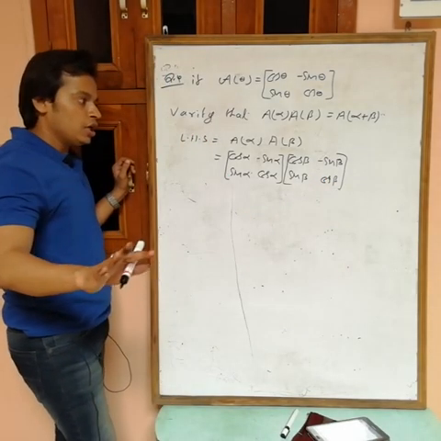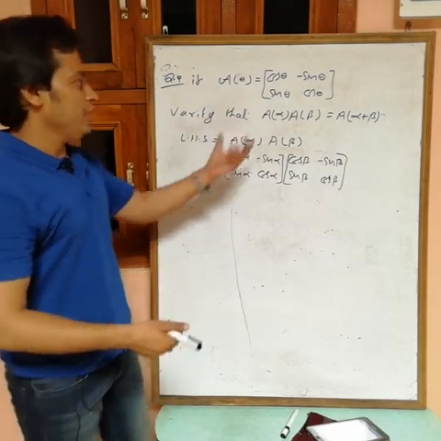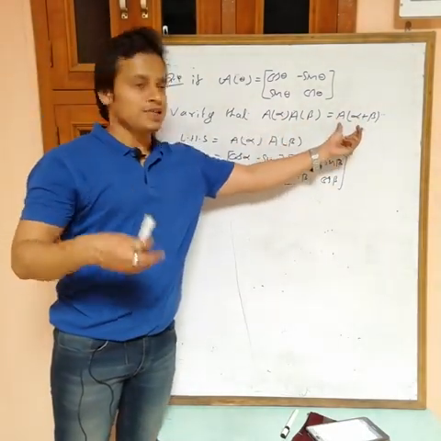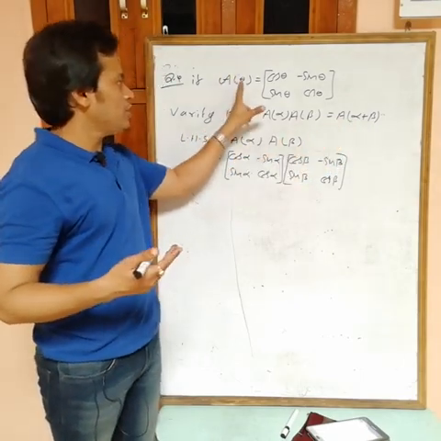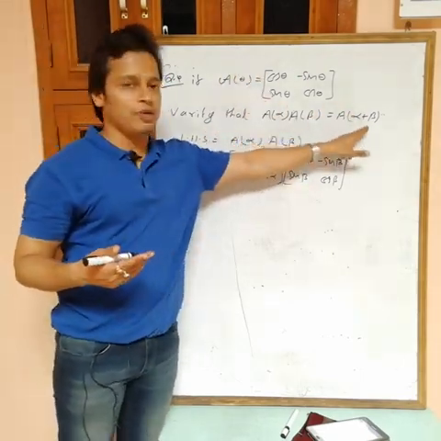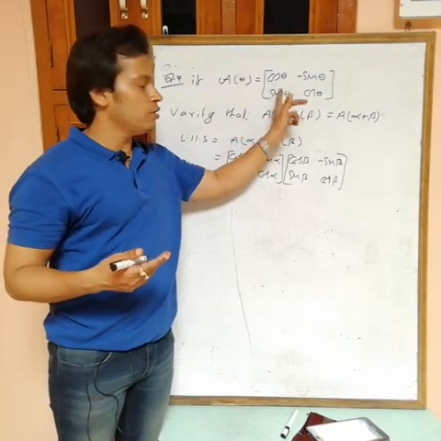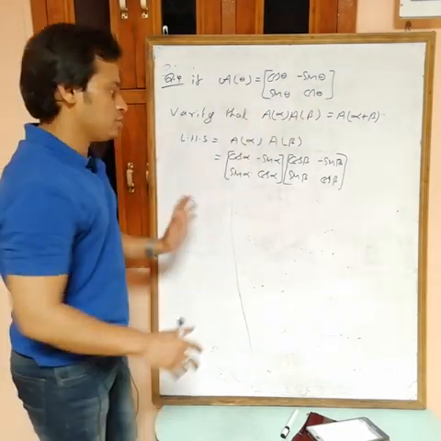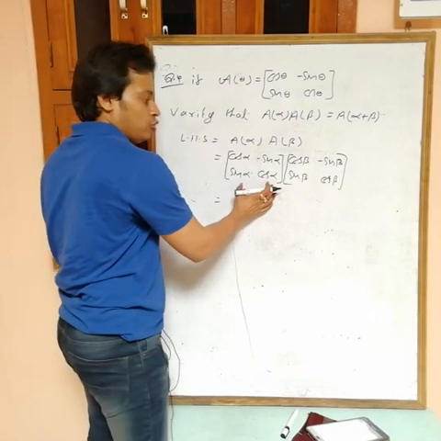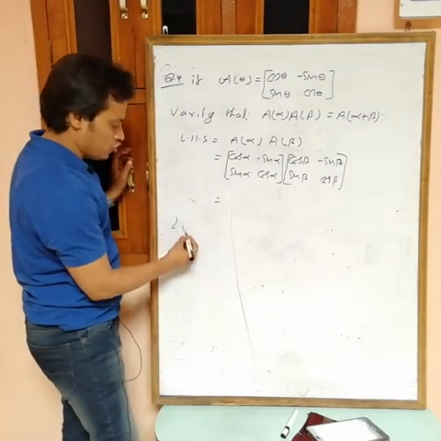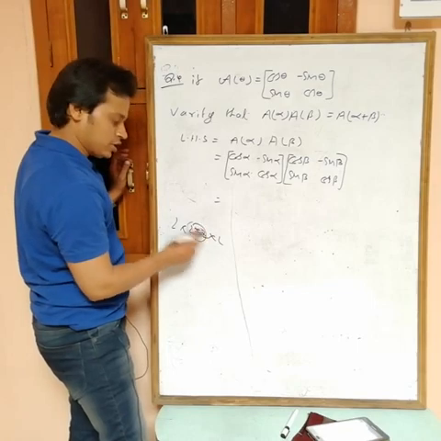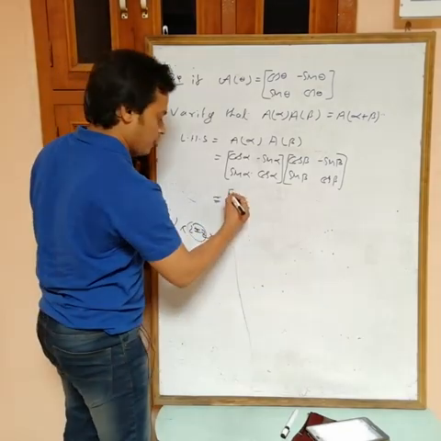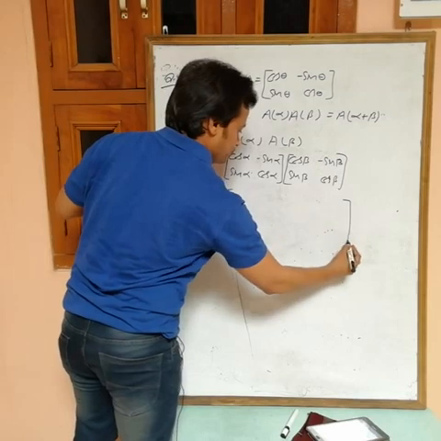Now multiply. You want to check whether this is equal to this one or not. So at this side we have only one matrix, A alpha plus beta. Simple now. What is the change? At the place of theta we have alpha plus beta. So we want only one matrix now, so multiply. 2 by 2 into 2 by 2. If you multiply, then these two must be same. Then the order of the product matrix is 2 by 2.